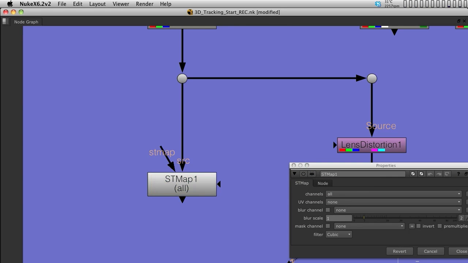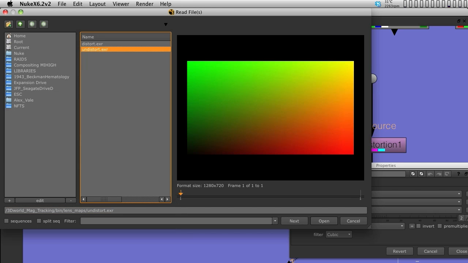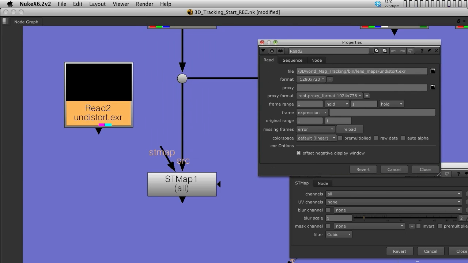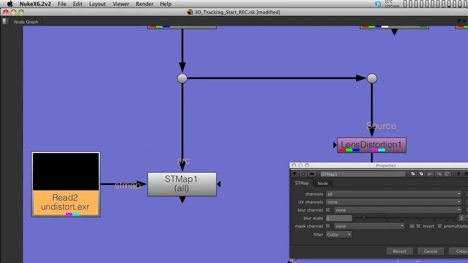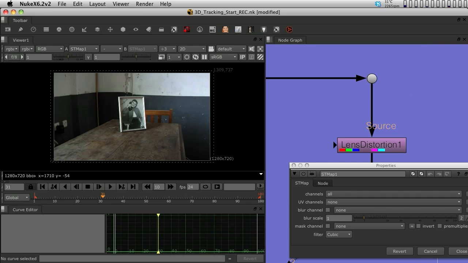So I'm going to create a read node. I'm going to hit the R button. Hitting the R button will open the read node. Once the read node is open, I'm going to select the undistorted.exr file that we've just saved. I'm going to hit open. Now we have the file here. I'm just going to close the properties of that file, and I'm going to plug it into the STMap input. Now, if I put the STMap into the viewer,